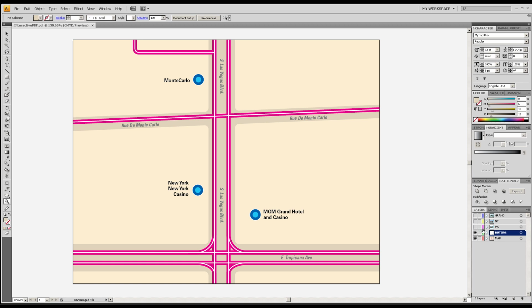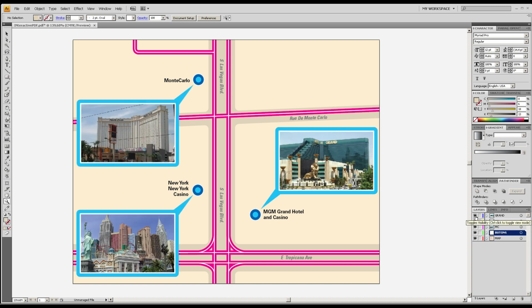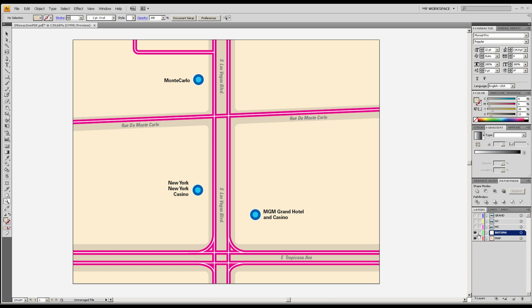And as you can see, I've drawn a map. I have some buttons, and each pop-up is on its own layer. That's very important for when you get into Acrobat Pro, so that you can toggle the visibility of those layers on and off. When we do our export, you want to keep anything that's going to stay constantly on, on in Illustrator, and anything that's going to be interactive, leave off, because that'll save you some time in Acrobat.